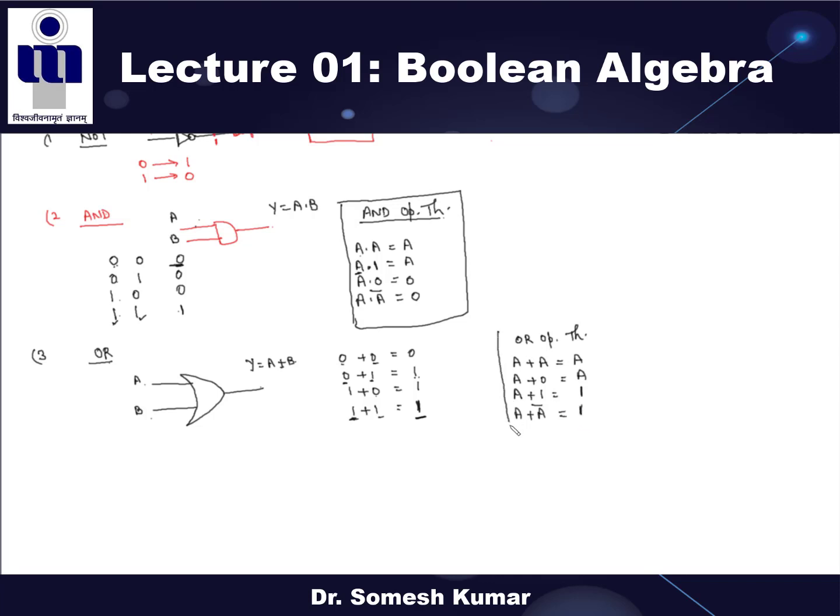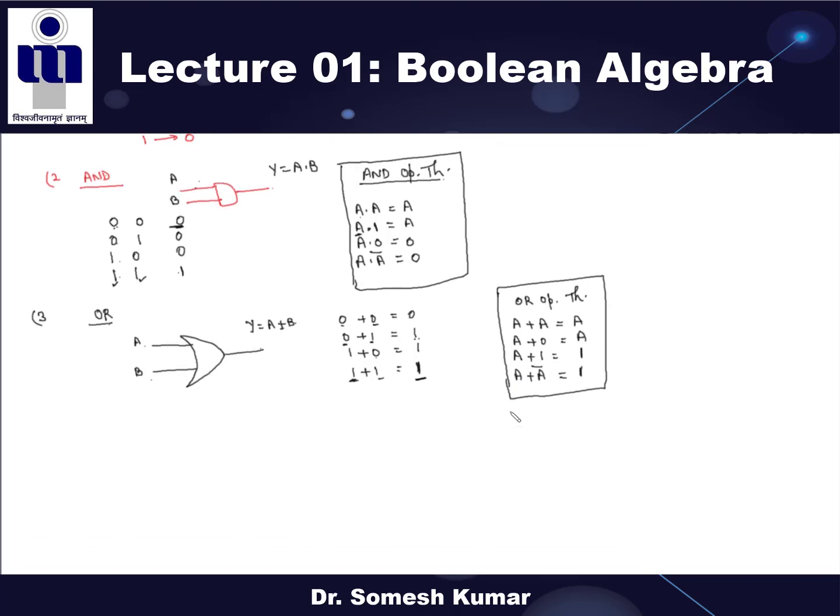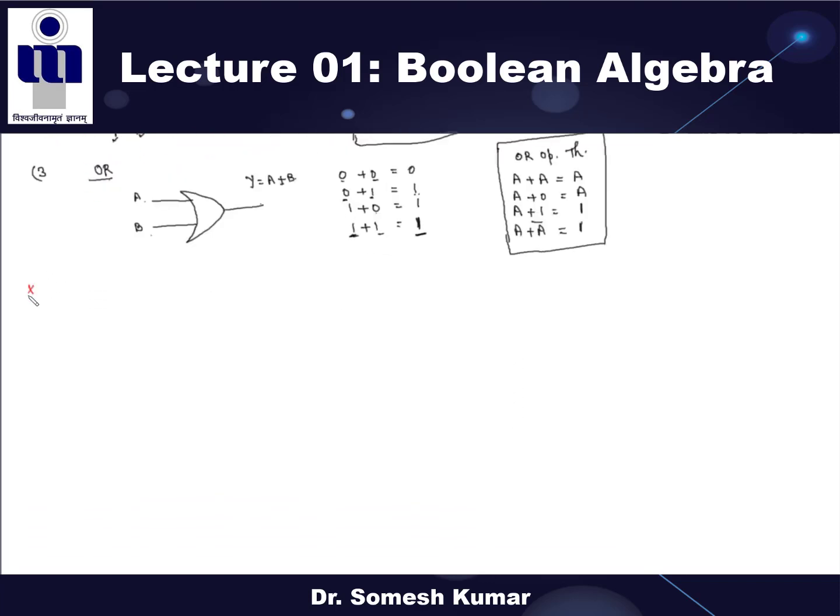Right? So this is the OR operation theorem we will use in Boolean algebra. Clear? So these are general theorems we are going to use in Boolean algebra. Without these theorems, you can't simplify the expression. Clear? So now the problem is you have to minimize this: AB bar plus AB. This is one simple expression. You have to minimize this expression